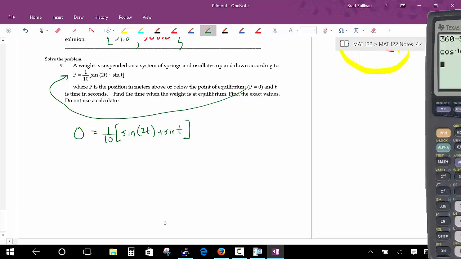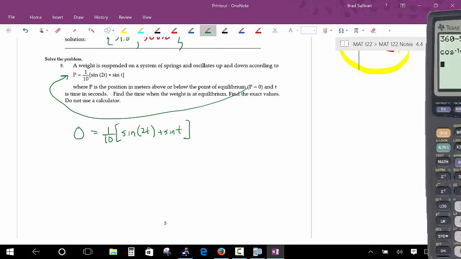The reason in the real world that we use trigonometric functions to represent springs is because they oscillate. They go back and forth between different numbers. They have a down point, a low point, a high point, and so forth like that. And the equilibrium point's kind of like the midpoint of a sine wave. So it's going to oscillate. But the key thing for us is I want to see if we could figure out how to solve this